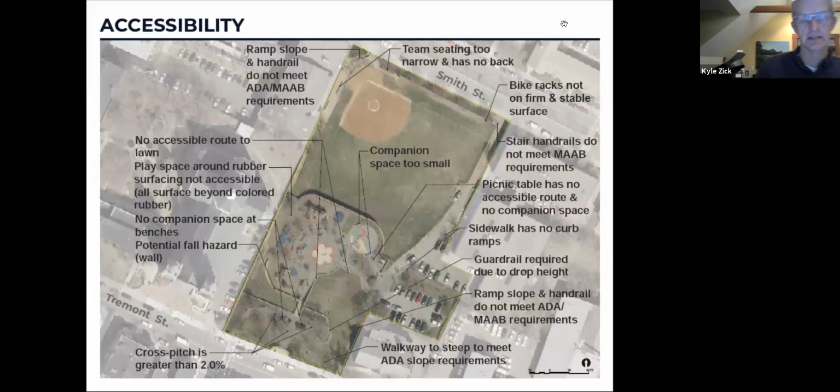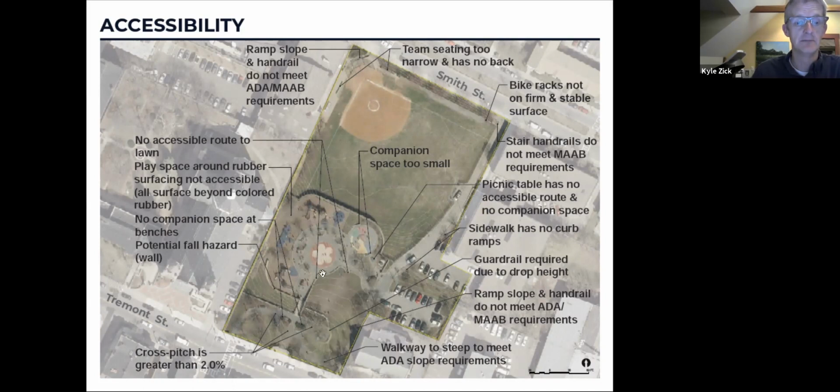So then we start to get a little more technical and think about how the park either meets or doesn't meet some codes and regulations. Some of this is related to ADA accessibility, some of it to building code, but I'll give you a sense of the kind of things that we look for. The pathways in the passive park, some of those sidewalks have a side slope, we call it a cross pitch, that exceeds what the code allows. It's more than 2%. Some of that accessible route that goes close to the library is steeper than allowed, or the handrail doesn't comply, those kind of things.